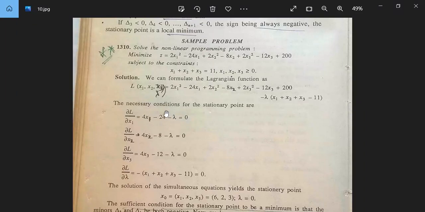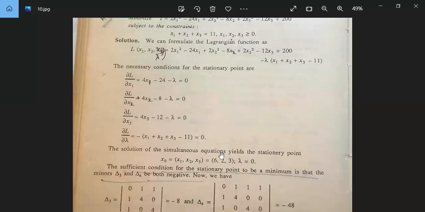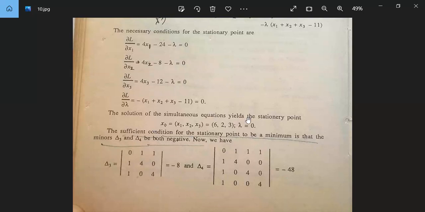तो फ्रॉम दिस वी गेट 4x1 minus 24 minus lambda इक्वल टू 0। देखो इसको विद रिस्पेक्ट टू x1 डिफरेंशिएट करेंगे पार्शियली, तो हो जाएगा 4x1 minus 24 एंड माइनस लैम्डा इक्वल टू 0। विद रिस्पेक्ट टू x2 करें तो 4x2 minus 8 माइनस लैम्डा इक्वल टू 0। विद रिस्पेक्ट टू x3 करेंगे तो 4x3 minus 12 माइनस लैम्डा इक्वल टू 0 एंड विद रिस्पेक्ट टू लैम्डा करेंगे तो माइनस x1 plus x2 plus x3 minus 11 इक्वल टू 0। 4 इक्वेशंस है, 4 अननोन्स है x1 x2 x3 एंड लैम्डा। इनको सॉल्व करने से हमको मिलता है द सॉल्यूशन ऑफ द साइमल्टेनियस इक्वेशंस यील्ड्स द स्टेशनरी पॉइंट। x0 मिल गया, x1 x2 x3 मींस 6 2 3 मिल गया, लैम्डा हो गया 0।